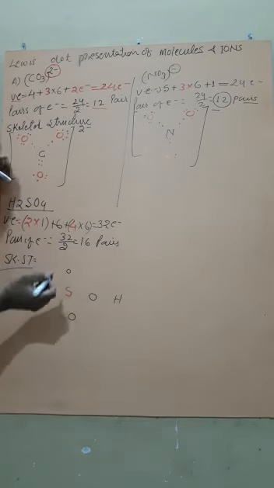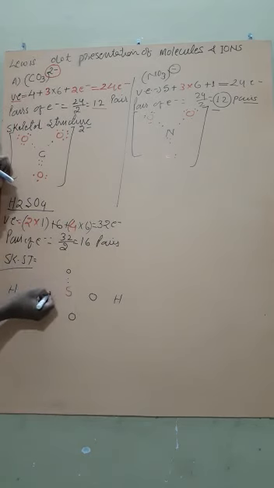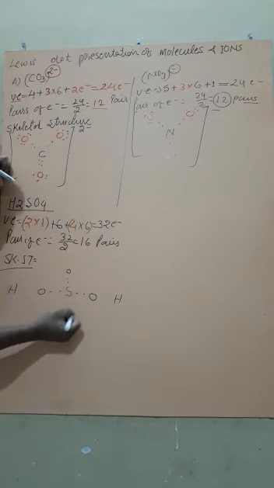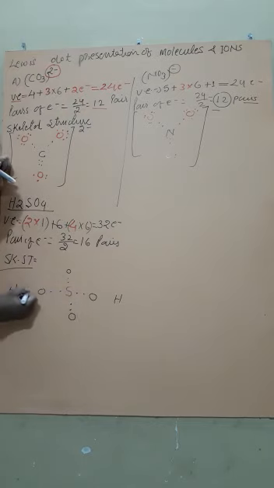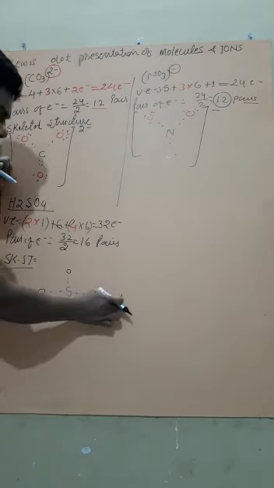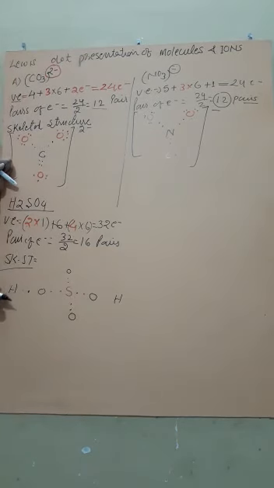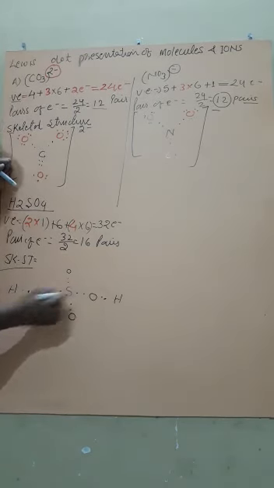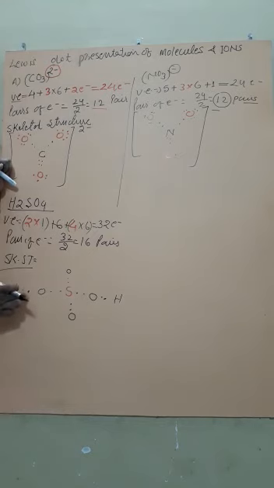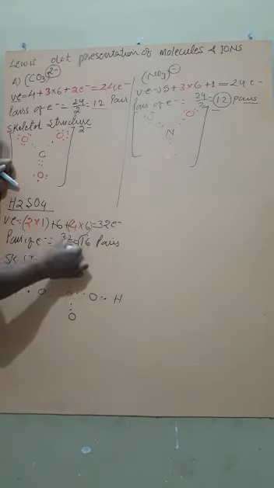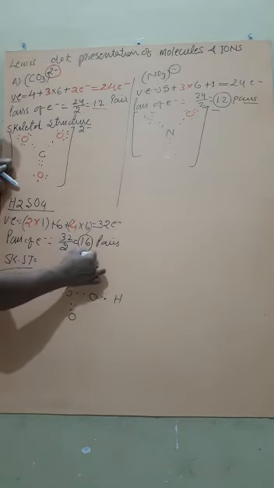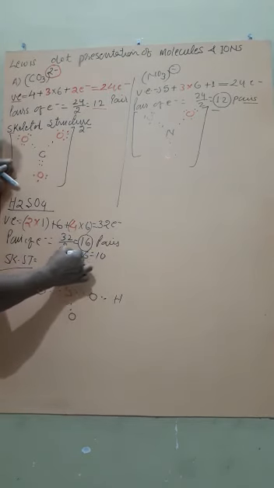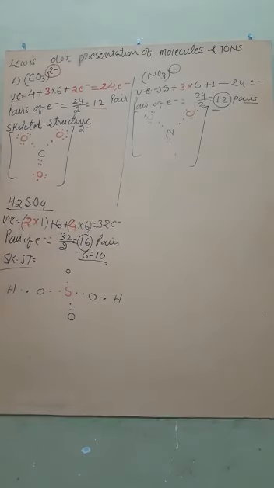Now what to do? Start by placing 1 pair of electrons between the center and each surrounding atom. Oxygen and hydrogen are terminal, so this hydrogen is terminal; again place 1 pair. So how many pairs are drawn? 1, 2, 3, 4, 5, 6 pairs. Now how many remain? 6 pairs are drawn, so 10 pairs remain. So how do we draw the 10 pairs?